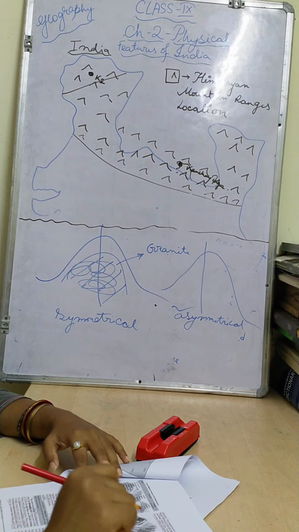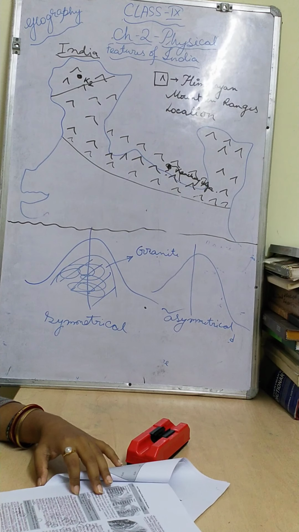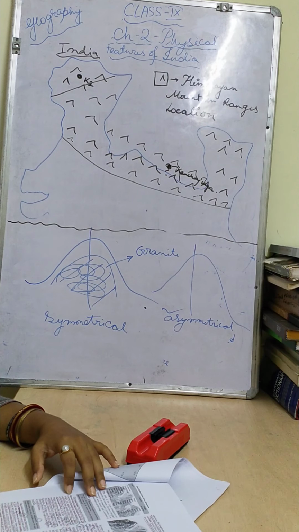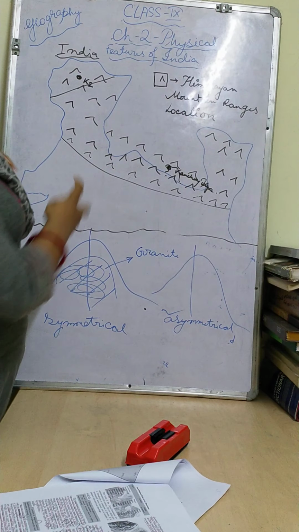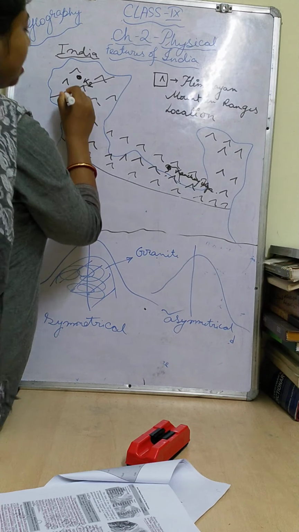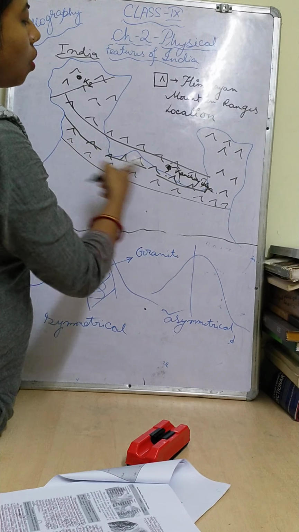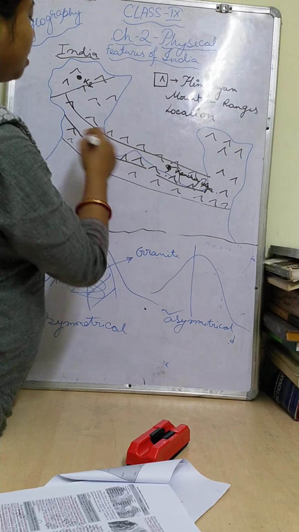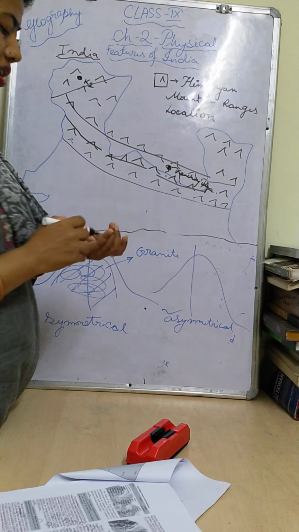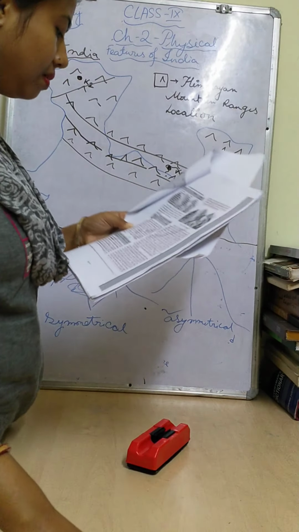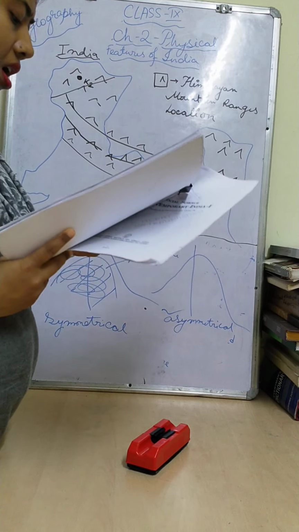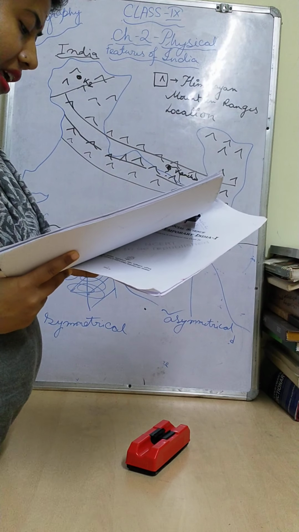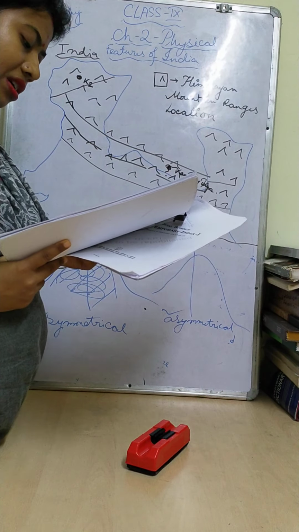So now I will tell you about the second layer of the Himalaya. It is the Himachal or Lesser Himalaya. Okay children, Himachal and Lesser Himalaya, south of the Himadri. South of the Himadri means, if this is the Himadri ranges, then another is the Himachal ranges, but the Himachal ranges are not continuous. They are divided in the middle portions also. Some divisions are there, and the height is also less than the Himadri. Himachal means the middle. The ranges are mainly composed of highly compressed or altered rock.